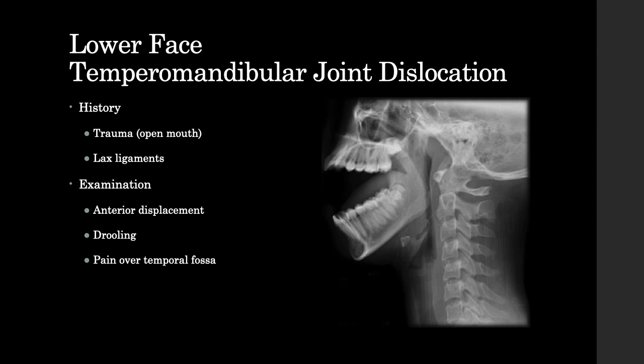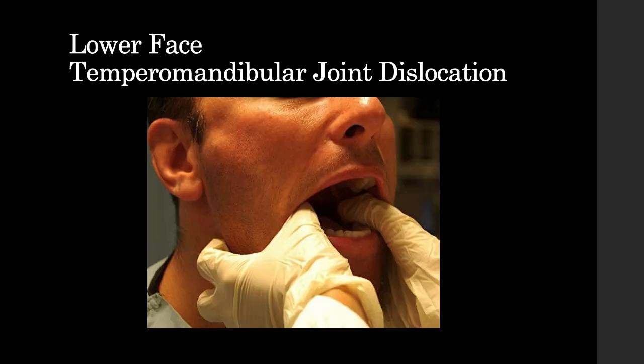When you see them, you know they've dislocated their jaw because they're drooling, they've got pain where the TMJs should be, and the jaw is hanging on the floor like a cartoon character. So you really will notice it. And the way you put it back in, really simple. You put your fingers in, you trust the patient not to bite you. You put traction on the lower posterior molars, so you basically pull towards you, and then you sort of clip